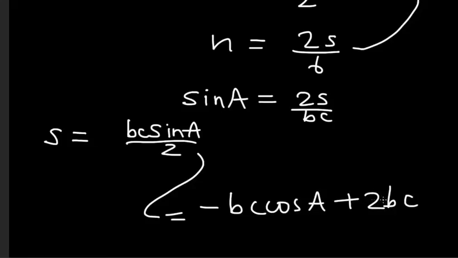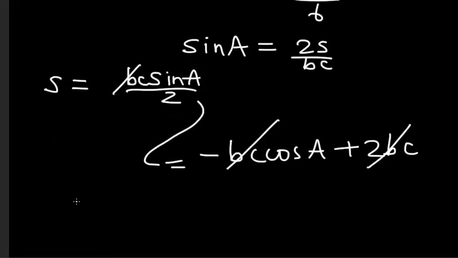Alright, now immediately we can cancel the BC's, and so let's see what we got here. I think we are almost there, so let's just simplify this. Now everything is in terms of A, which is the whole angle,